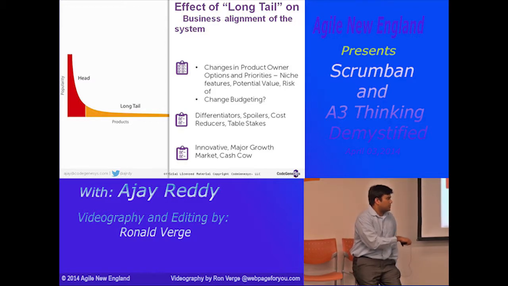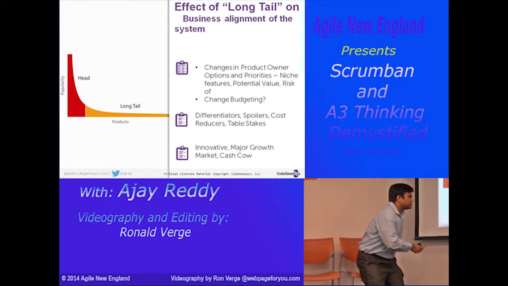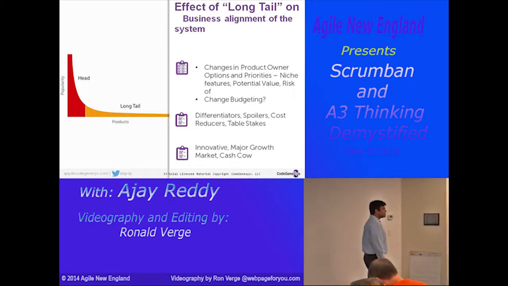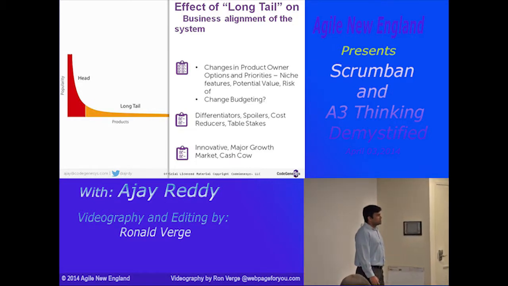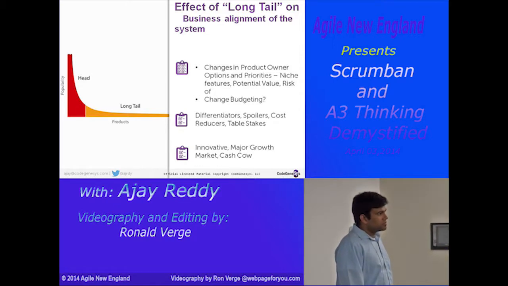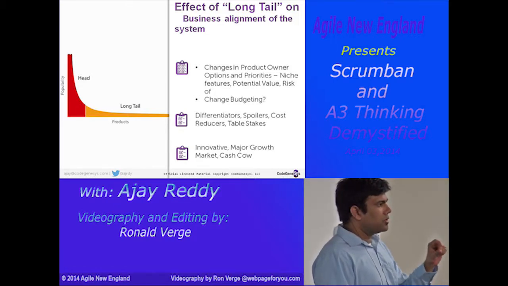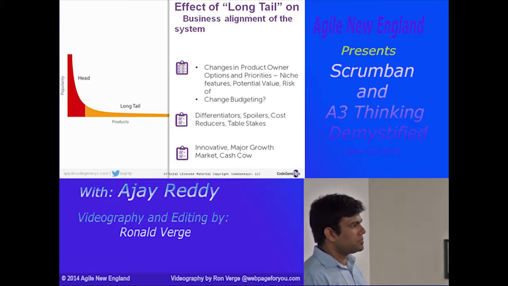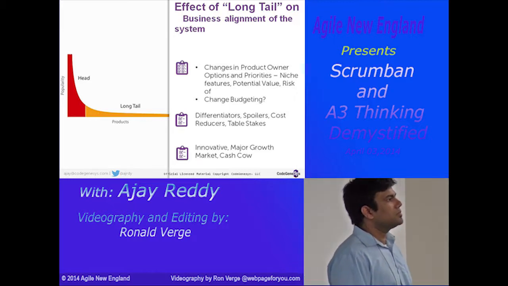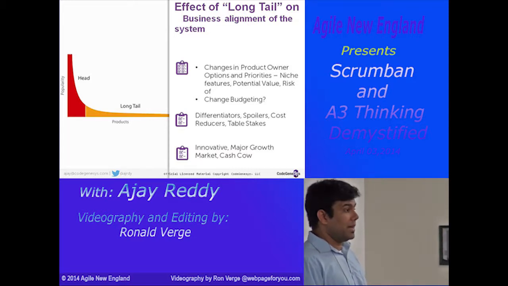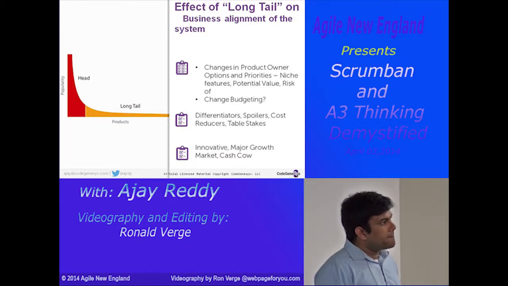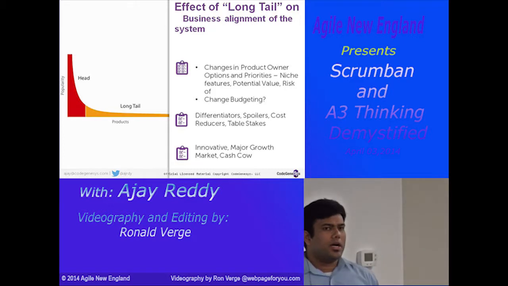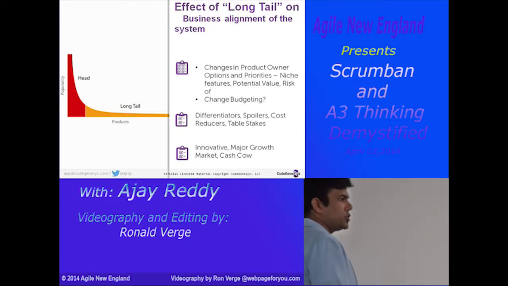Hi, so the stuff I read on Kanban mostly says that it's better for teams with more of an inconsistent workflow, like a production support team. Can you just comment on the profile for a team where Scrumban would be a good fit? Okay, can you repeat the latter part of your question? So I've seen Kanban applied on operational teams that are doing support. But in Scrumban, it seems like your definition was a little more encompassing, that you could apply it across other, more project-based teams. Absolutely. So could you give a little more of a profile, or should it be a more mature team? What type of team composition, the profile of the team? In terms of how much maturity of understanding,